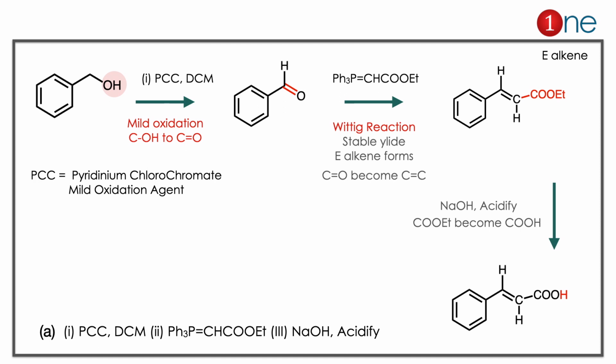In the Wittig reaction, a stable ylide forms E-alkene, an unstable ylide forms Z-alkene. So E-alkene forms here, and you have the ester. Next step, you are acidifying it. You are converting the ester into acid there. So we observed the required product. So the choice of reagent is clearly A there. Here you have to learn 2 important things. One is PCC. PCC is a mild oxidizing agent. It converts alcohol into carbonyl. Then the Wittig reaction. In the Wittig reaction, a stable ylide always forms E-alkene.